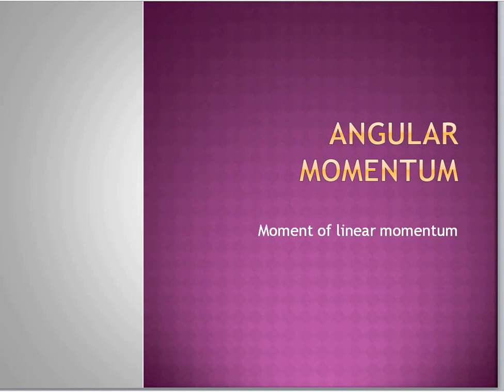Moment of is usually notated by r cross. So moment of linear momentum means r cross p. Suppose p is the expression for linear momentum. Angular momentum can be written as r cross p. So this relationship with distance, that is r cross, is known as the moment of. So moment of force is r cross f. Moment of linear momentum is r cross p, like that. So it is related to rotational motion. So angular momentum is the rotational equivalent of linear momentum.